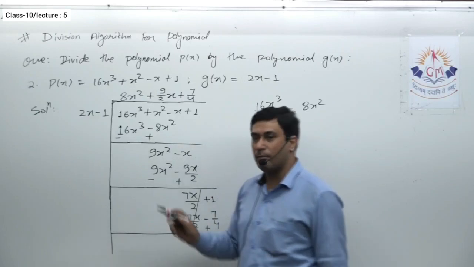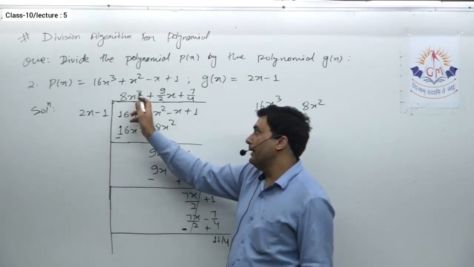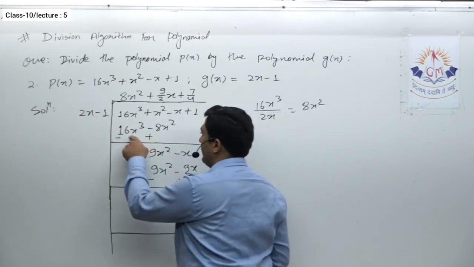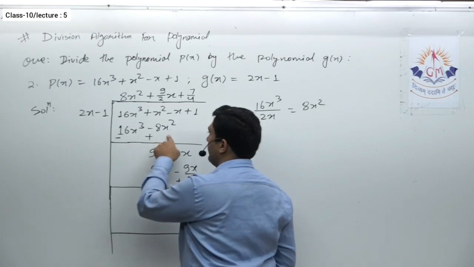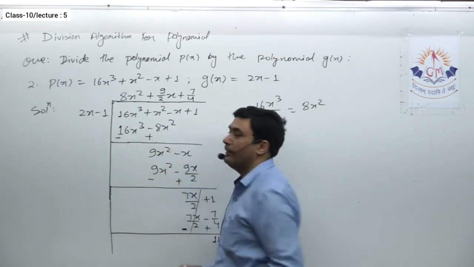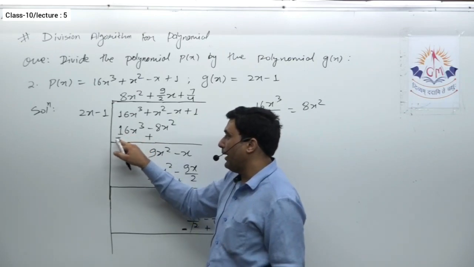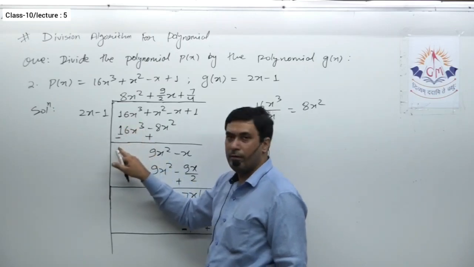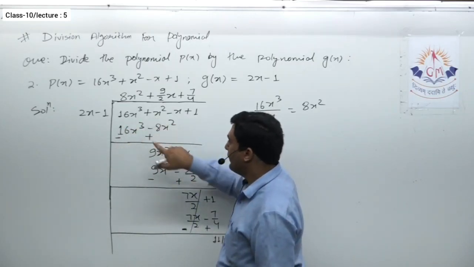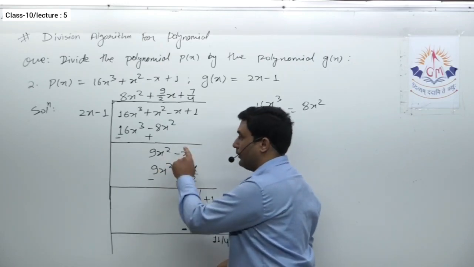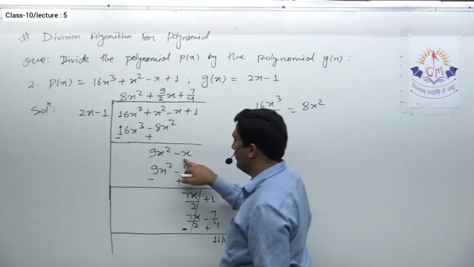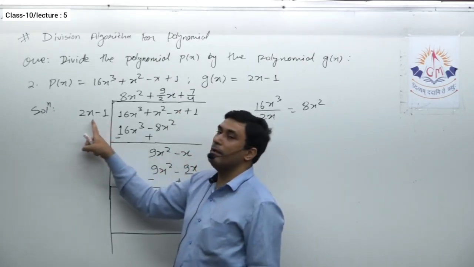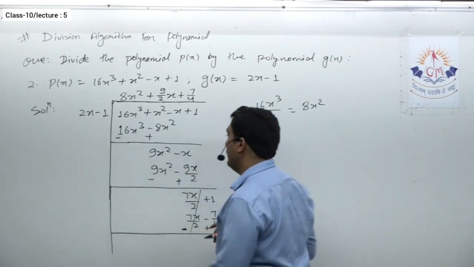So that will be the first term of the quotient. I wrote it over here. Then 8x square multiplied by 2x minus 1 gives me 16x cube minus 8x square. Now we have to change the sign. So this positive I took negative, this was negative so I took it positive. The plus 16x cube and minus 16x cube cancel out each other. Here plus x square plus 8x square gives me 9x square positive. Then I took one term from the original dividend over here to make it two terms. Why two terms? Because there are two terms in the divisor polynomial.